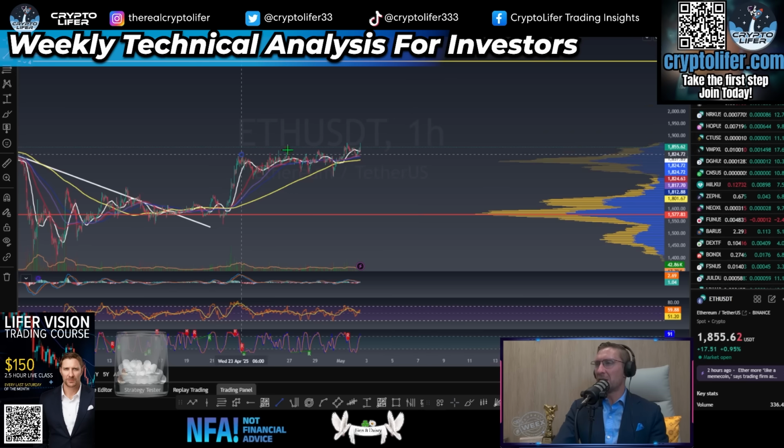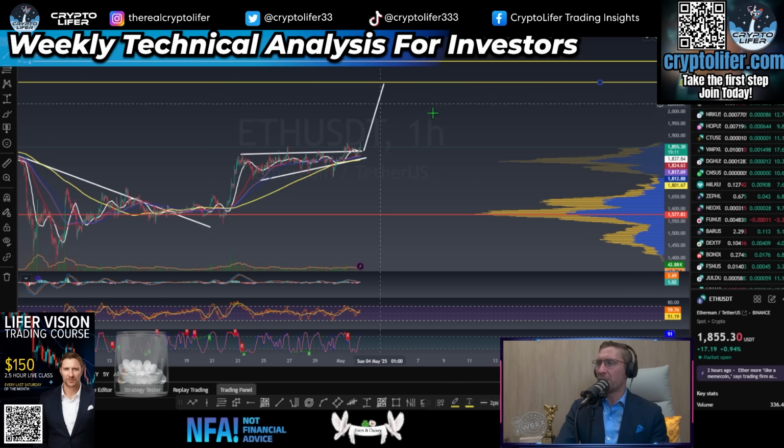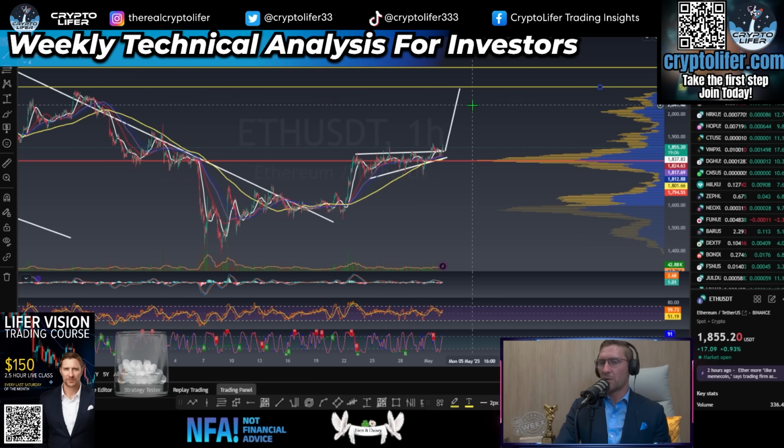But yeah, ETH's not that exciting, right? The fact that it would go do all that and barely double. It looks like it wicked, got back inside the pattern. This is the overall pattern here. I'm trading this. Once we get up to about 2,100, I'm out of the trade, and that's my target for Ethereum. Very likely it's going to happen based on how the 200-day moving average is moving with price action,